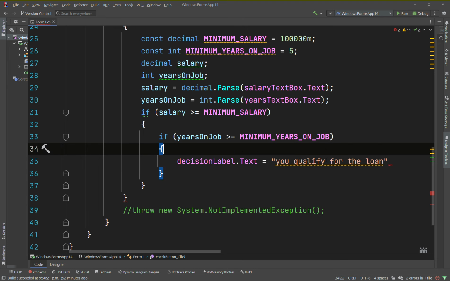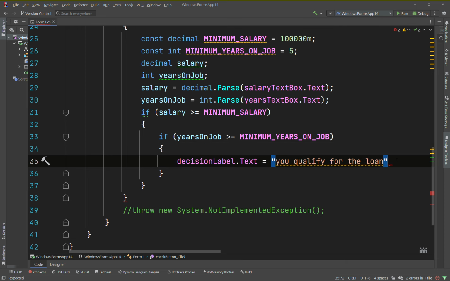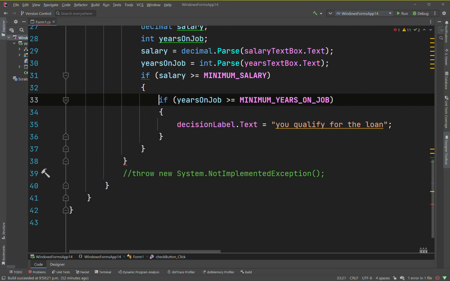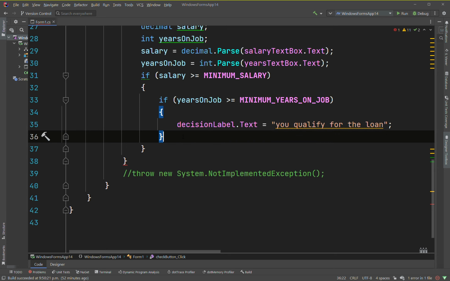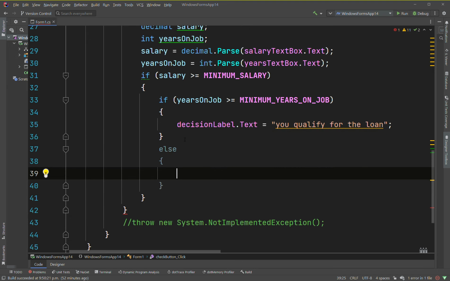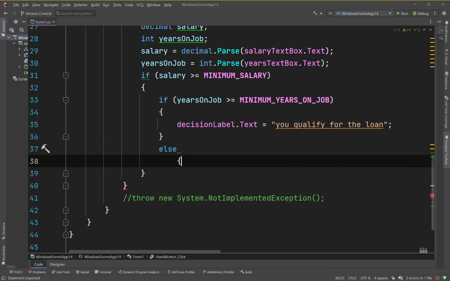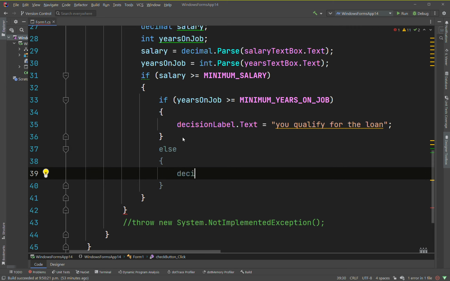Okay, so we have decision label dot text points to "you qualify for the loan". That should be fine just in the string like that. And underneath this if block, we'll have our else block. So else, I wanted to type the brackets myself. So we'll say decision label dot text points to "minimum years at current" plus, so let's end that literal there, plus,